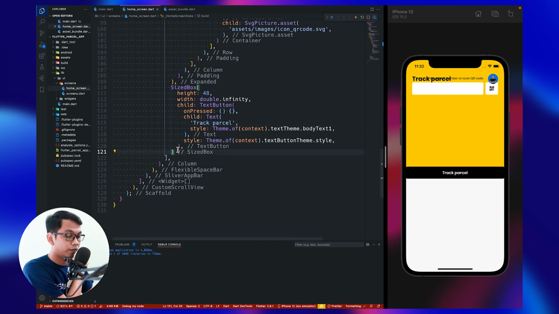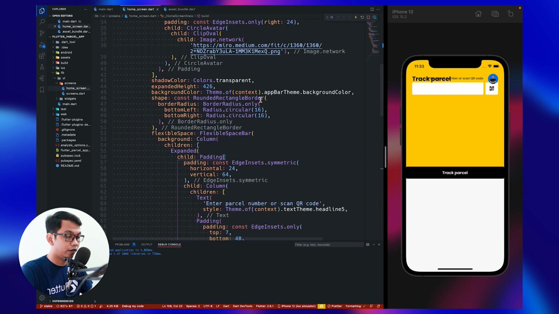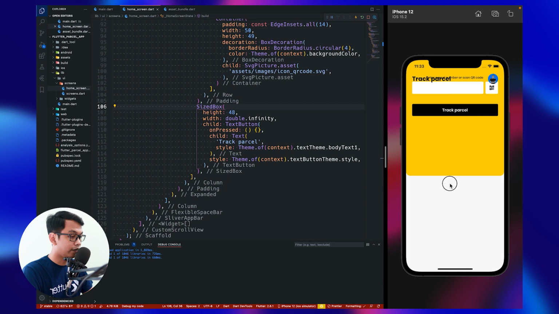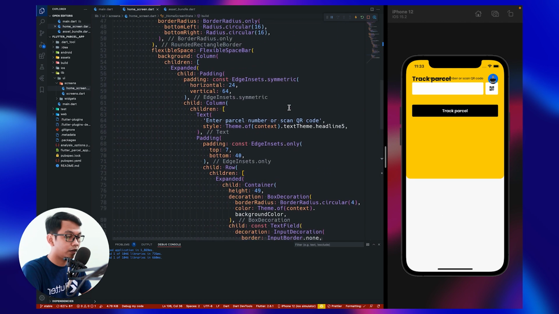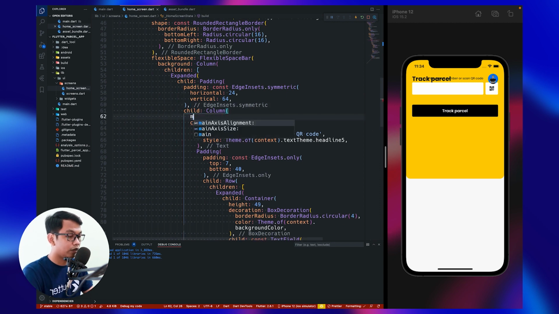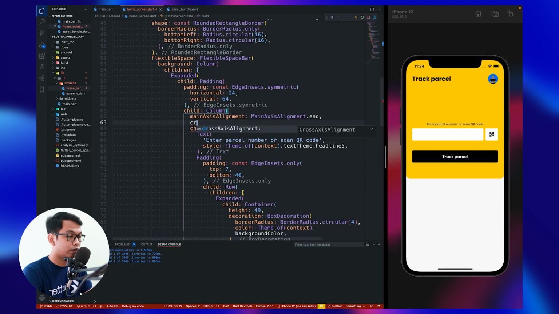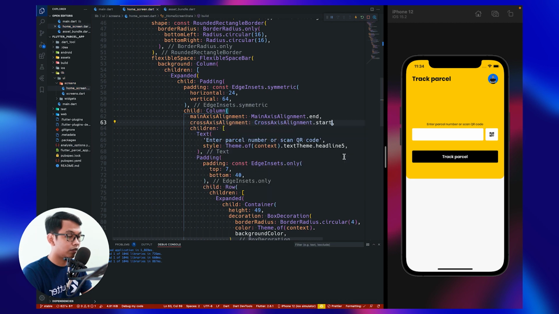I think move this size box inside our expanded, not here. And inside our column widget, here inside our column widget for the main axis, we can call min. All right, and for the cross axis, we say cross axis dot start to make it here.